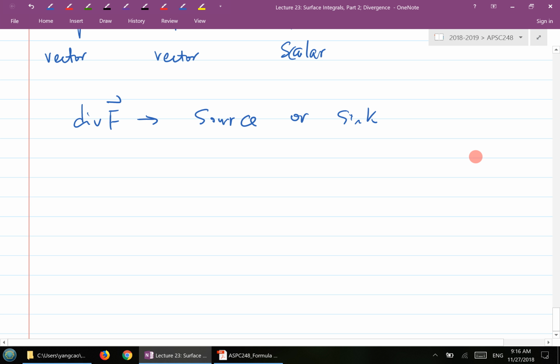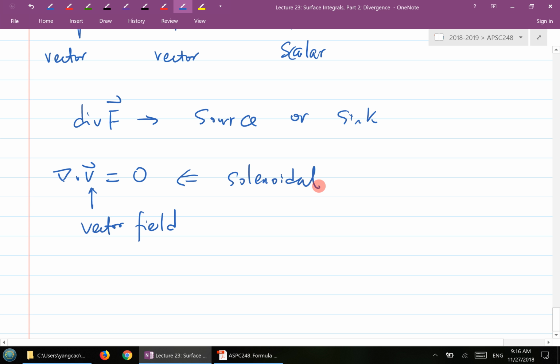It gives you a sense of essentially whether it's a sink or a source. Right? But there is a very, very special case, when you take del dot a vector field, and it turns out to be 0 everywhere. It could be 0 everywhere here. This is actually very common in fluid dynamics. This kind of field is called a solenoidal field. Basically, if you have a divergence equal to 0 everywhere in the field, then it's called a